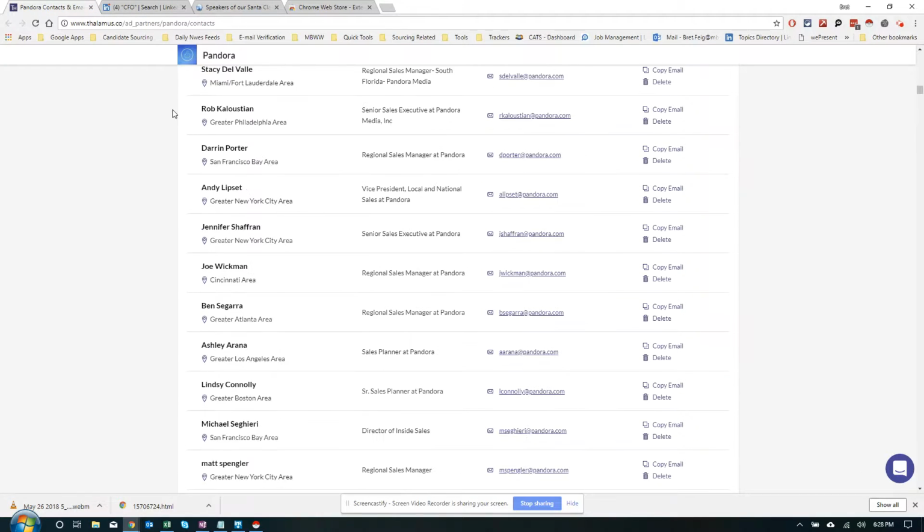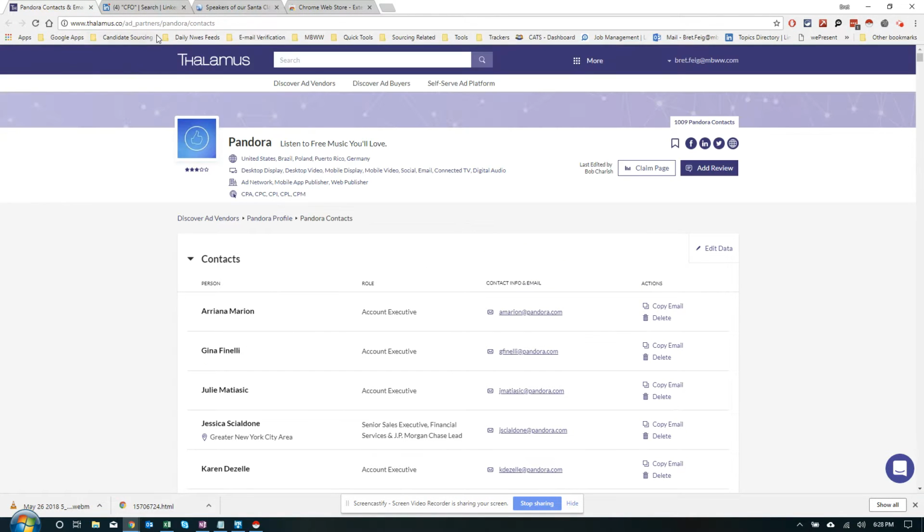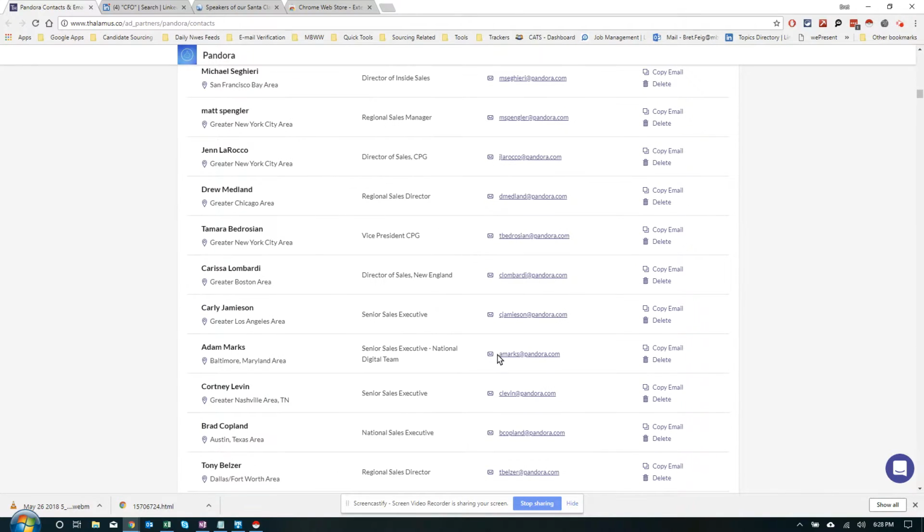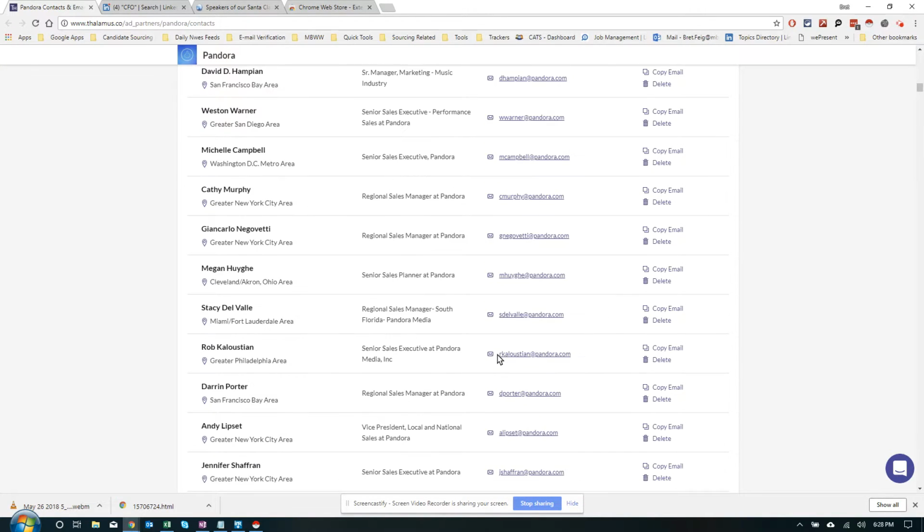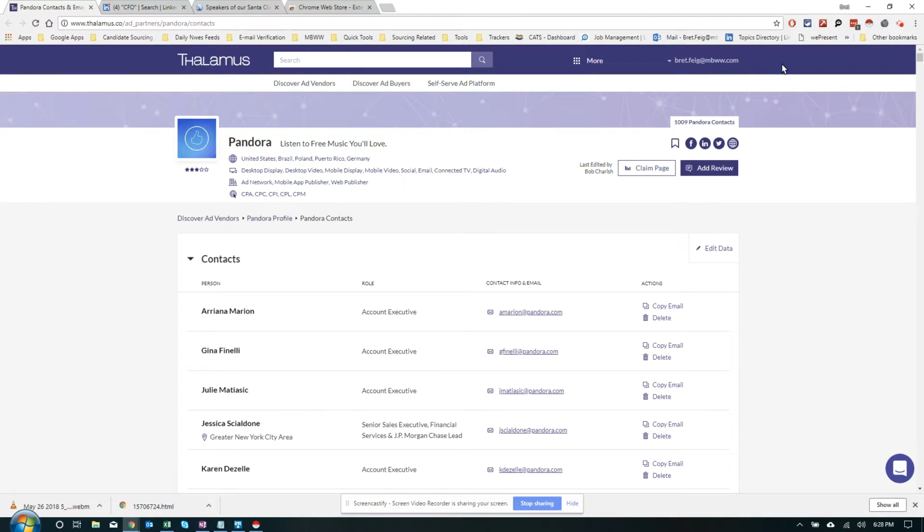This one is called thalamus.co. It's awesome. It's basically a directory for any company in the advertising, publishing, or ad tech space. In this case, it gives you all great information about different companies. I've clicked into one about Pandora, where you see it has this open contacts where it's actually giving me name, title, and email address. I'm not sure if this is actually accurate or where they're getting their data from, however,